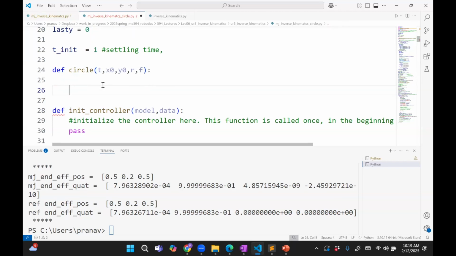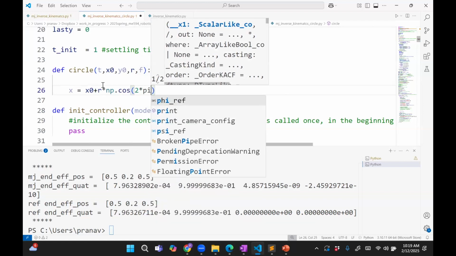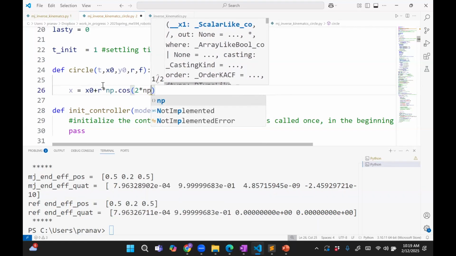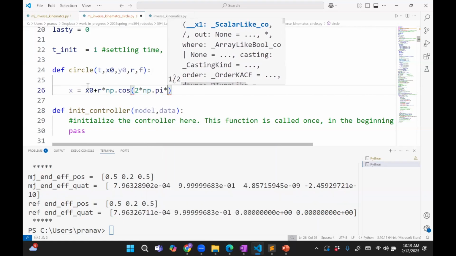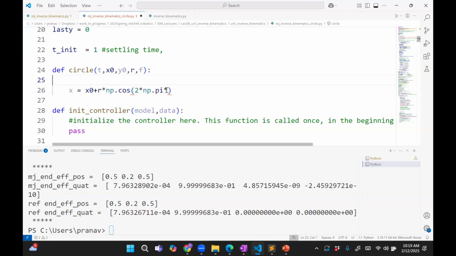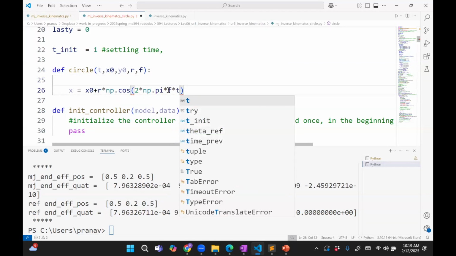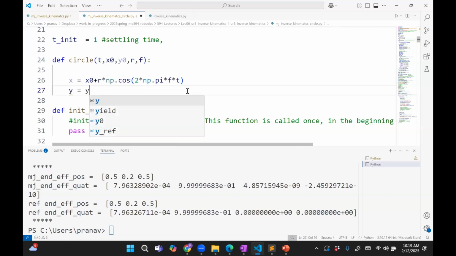Okay, and then the output should be x equals x0 plus r times np.cos of 2 times np.pi times f times t, and then y equals